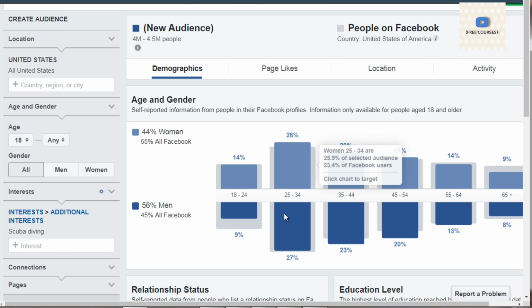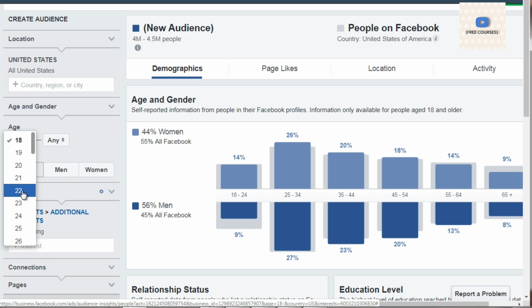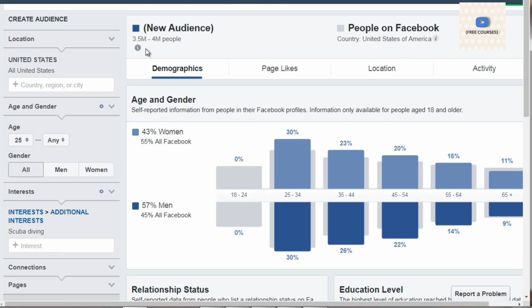Now, like I said, we see 25 to 34 as the age. So what I'm going to do is 25, like so. We can get an idea that this is the majority, and then it kind of sinks down here.